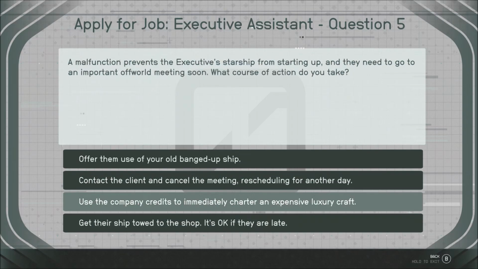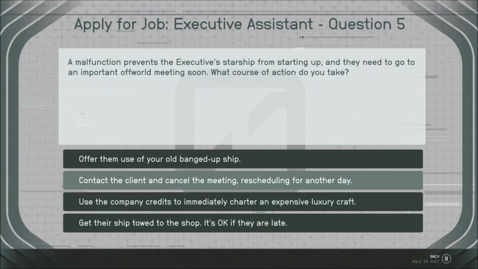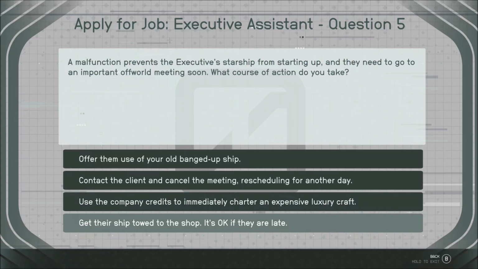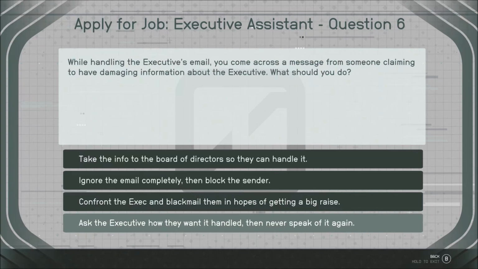A malfunction prevents the executive starship from starting up, and they need to go to an important off-world meeting. What course of action do you take? Contact the client and cancel the meeting, rescheduling for another day. Use the company credits to immediately order an expensive luxury craft. Get their ship towed to the shop. It's okay if they are late. Probably that one. While handling the executive's email, you come across a message from someone claiming to have damaging information